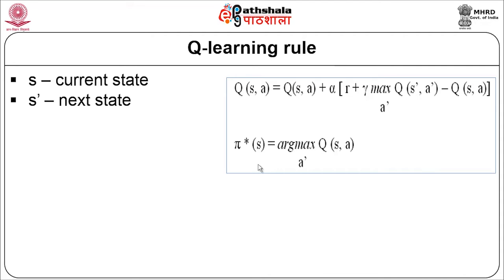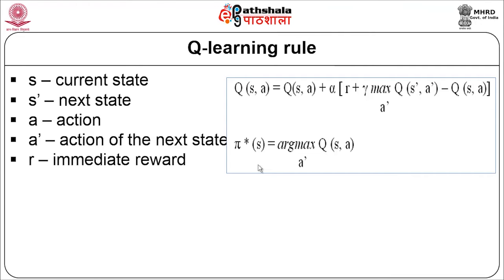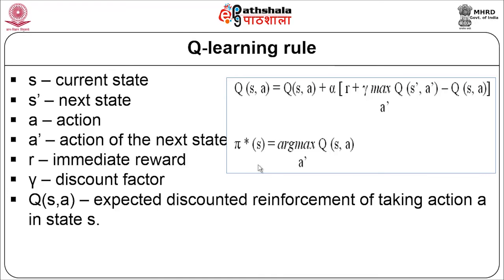So, S is the current state, S dash is the next state, A is the action, A dash is the action of the next state, R is an immediate reward, gamma is the discount factor, and Q of S comma A is the expected discounted reinforcement of taking action A in state S. So, this is nothing but the initial value that you had of Q of S comma A plus alpha, I will talk about alpha, times R, that is the immediate reward, plus gamma times the maximum over A dash of Q of S dash comma A dash, that is the expected discounted reinforcement of taking action A dash on reaching state S dash, minus the Q of S comma A,